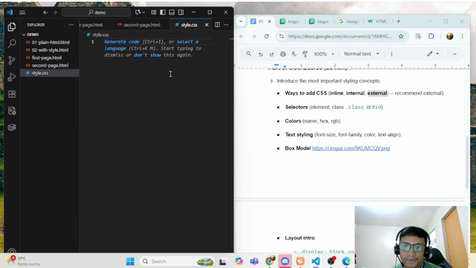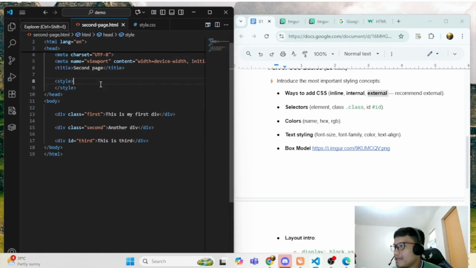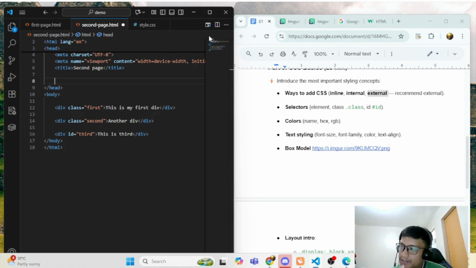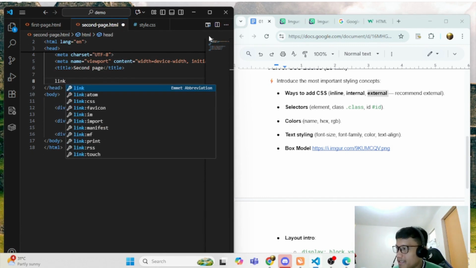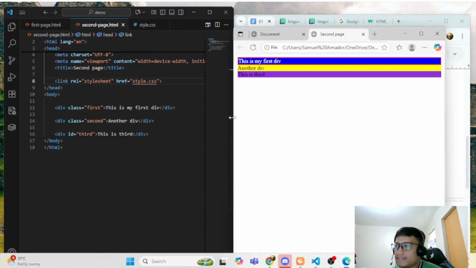Okay, so I've created this, and then let's say I'm going to copy and then cut this and put this on another file. And then the syntax, the code for that is link. So the good thing is this code has already automated this. Okay, so you have here link, rel stylesheet, and style.css.